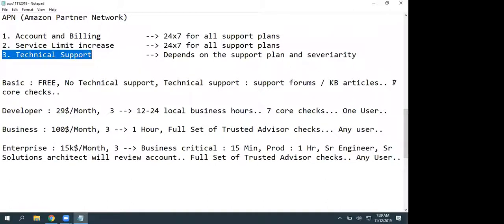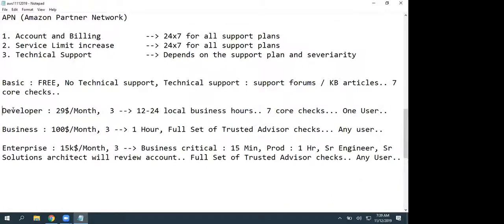We have a service called Trusted Advisor that gives suggestions. With the basic plan, you get only 7 core area checks. Those 7 core area checks will give you suggestions on how you can save some cost, and how you can achieve fault tolerance or high availability. Again, I'll take you to that one also.